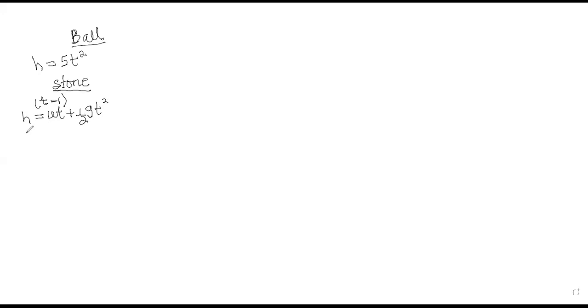Now this time around, the stone is thrown with a certain initial velocity from up the cliff, 15. So 15 times the time, which is t minus 1, plus half times 10 times